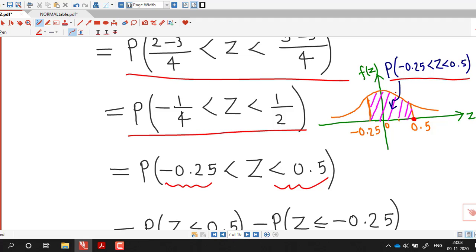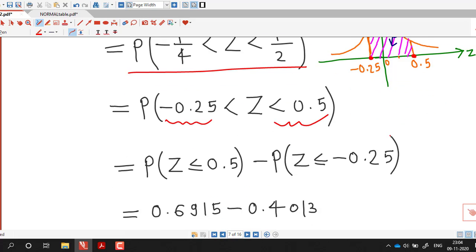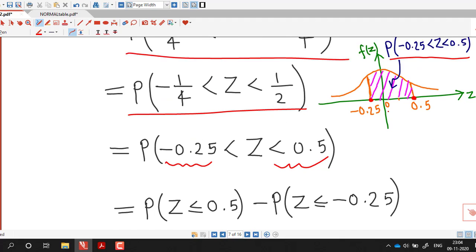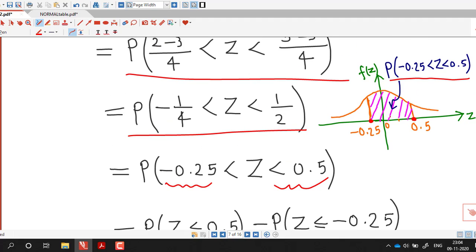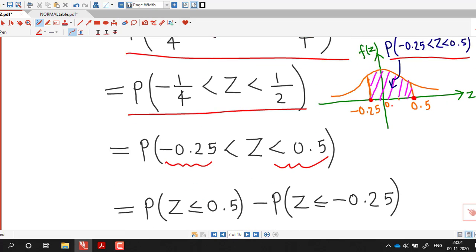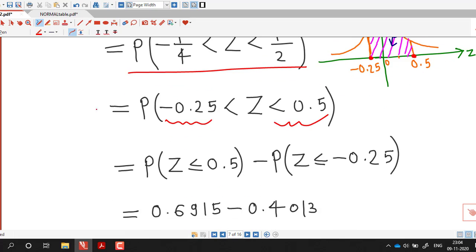But to obtain this area, we have to subtract the area to the left of minus 0.25 from the area to the left of 0.5. So this I can write as probability that z is less than or equal to 0.5 minus probability that z is less than or equal to minus 0.25. Every time it is not necessary to sketch this standard normal curve, and this is just for understanding. Otherwise you can